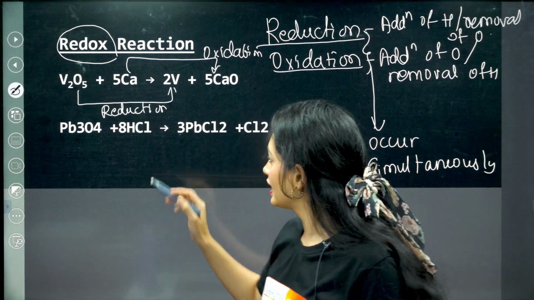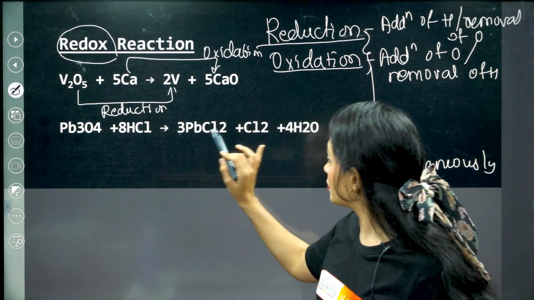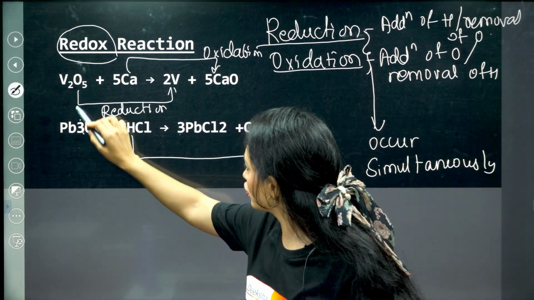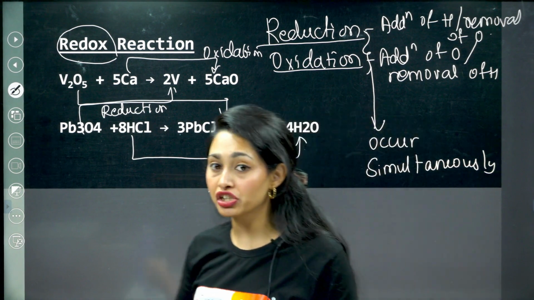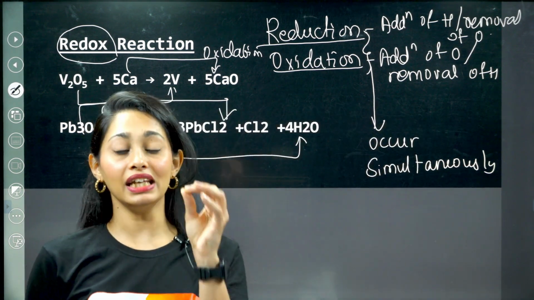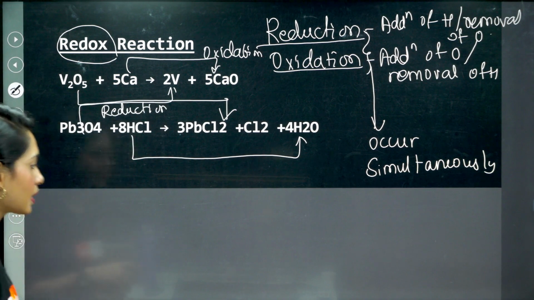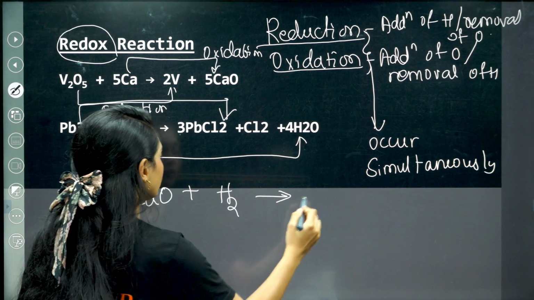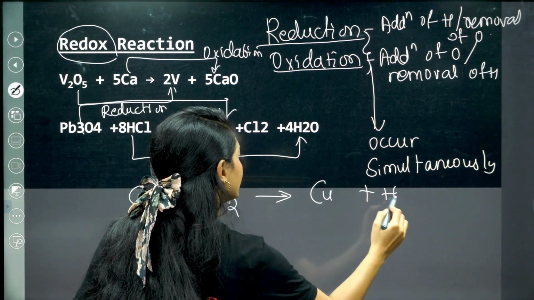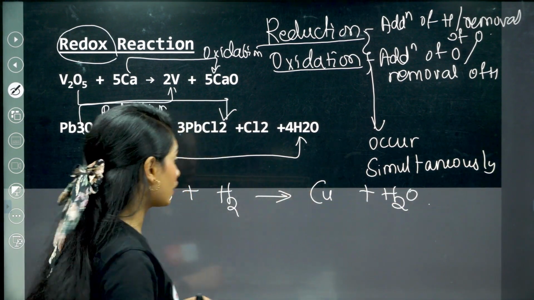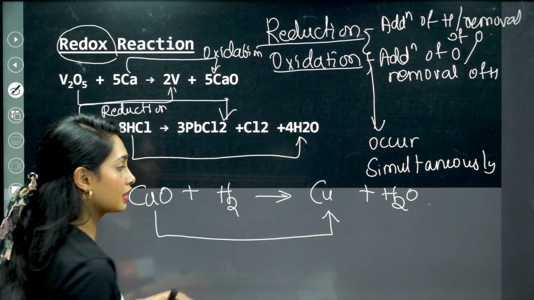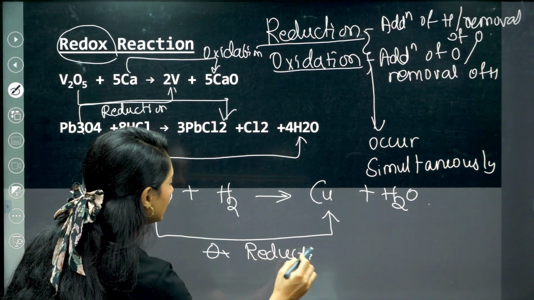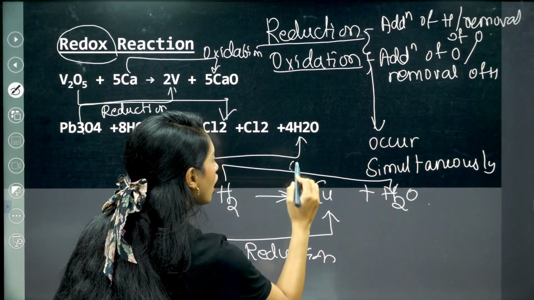Next one, Pb3O4, lead oxide, is reacting with HCl to give PbCl2, Cl2 and H2O. So what's happening? Here also both reduction and oxidation reactions are happening. So these are called redox reactions. Here is an example. Copper oxide reacts with hydrogen gas to give copper and hydrogen oxide, that is water. So what is this reaction? See here, copper oxide is undergoing reduction because removal of oxygen is happening, and